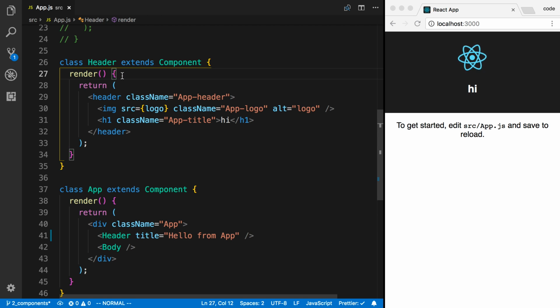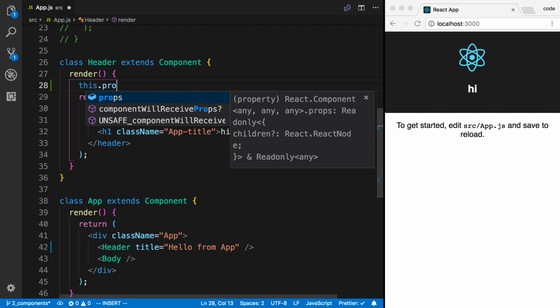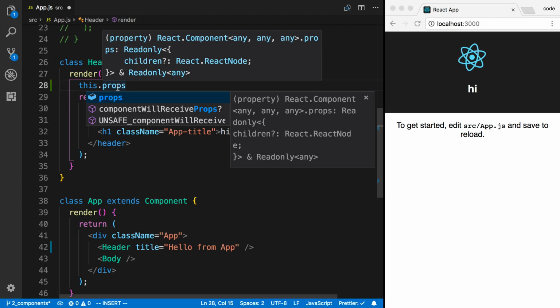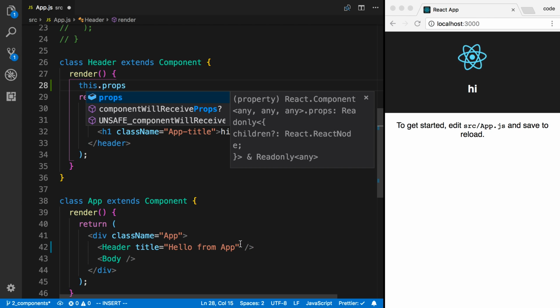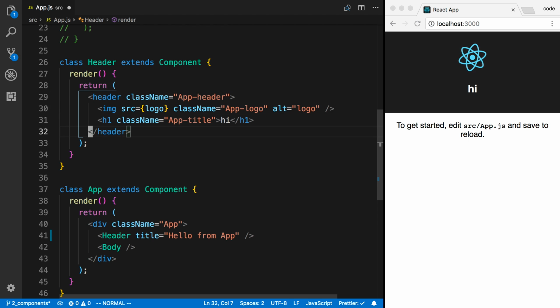So the way I can use this parameter is through this.props. So this.props is an object and it has the name of all the parameters that the person put on that. So here we have one parameter called title and it's a string. So what I could do is display it right here. So you may think you do something like this.props.title. But if we give that a save, you'll notice it says this.props.title, but it doesn't actually render the actual